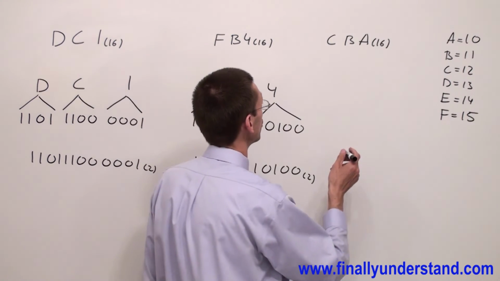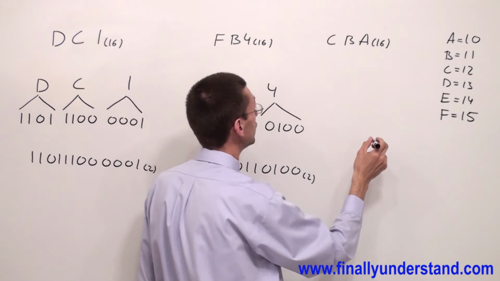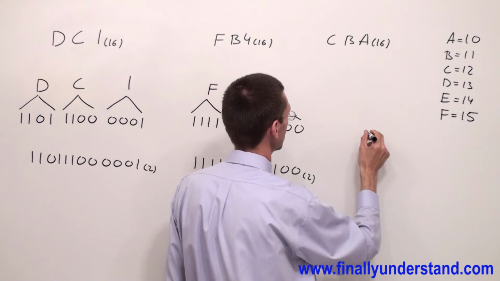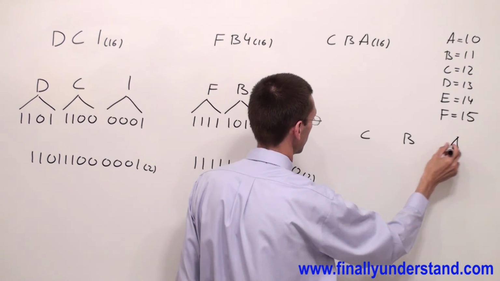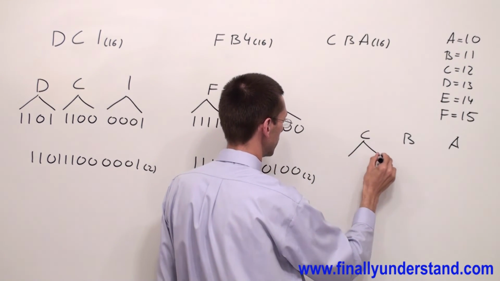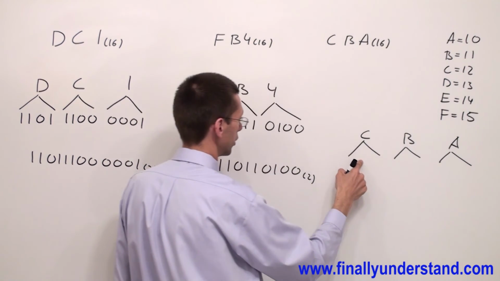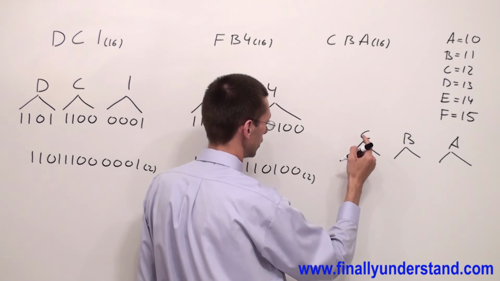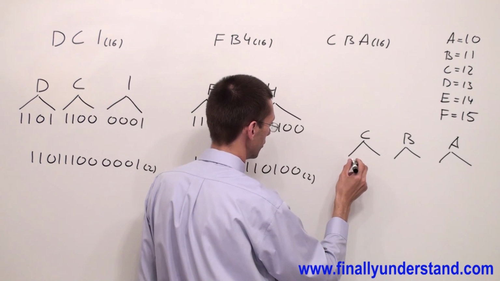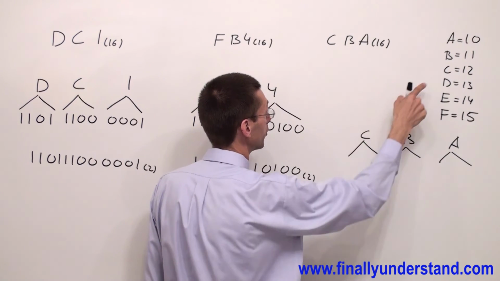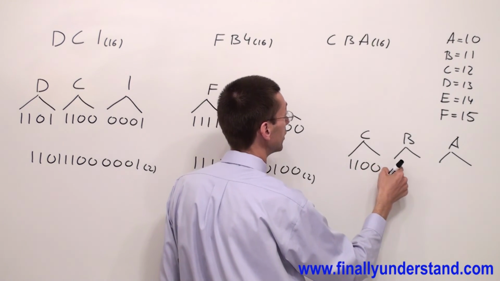Next, we're supposed to convert CBA to binaries. I have C, B, A. If you want to find the binary number, you're supposed to convert every single digit to 4 bits of the binary number. C represents 12. I have 1100. B is 11,